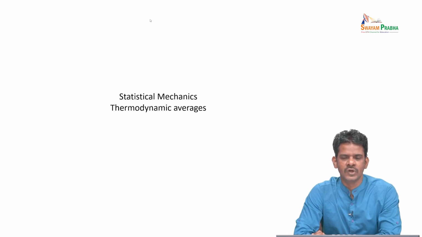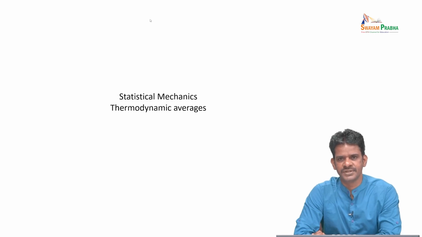We also looked at concepts such as trajectories, ensemble average, time average, and the relationship between classical thermodynamics and statistical mechanics. So, in this lecture, we will take all this forward and try to relate the microscopic data to